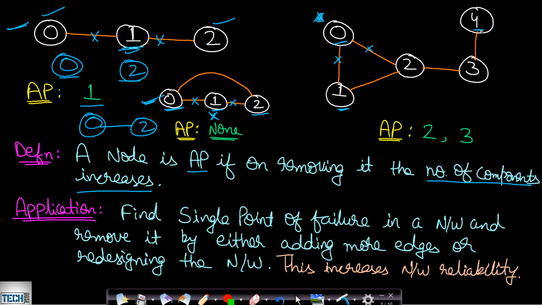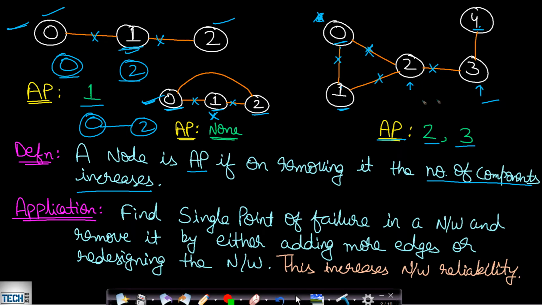And any leaf nodes will never be an articulation point. So in this case, 4 is a leaf node. It will not be an articulation point. Let us try with this node 2. If you remove this node 2, then you will be forming two components. 0 and 1 will be connected as one component and 3 and 4 will be connected as one component. These three edges will be gone. Okay. So 2 is an articulation point and similarly 3 will also be an articulation point. Therefore, the articulation points in this graph will be 2 and 3. So I hope you are getting the understanding of how to find an articulation point.